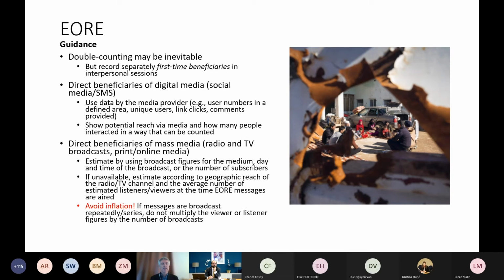For mass media, it's more complex. And so we basically say you cannot count, but you can estimate. And the estimate is using broadcast figures, for radio, for TV and so on. These are usually taken, number of subscribers and so on. But if they are unavailable, then try to come up